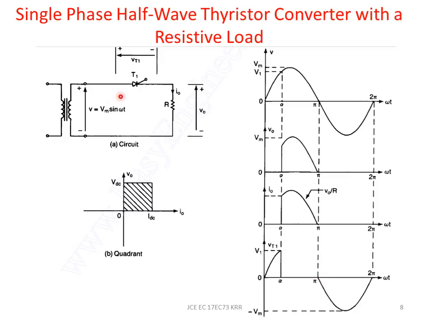And we know that if it turns off, the switch is off, and load current will not flow through the resistance. Hence, the load voltage will be 0. There will be no current flowing after pi, and the thyristor is going to be off from pi to 2 pi, and when it is off it will get the input voltage available at the input across it. So this minus will come here, and the plus will be connected here. So the negative voltage will automatically come across the thyristor when it is off. So this is how your half wave thyristor converter works when the load is resistive.